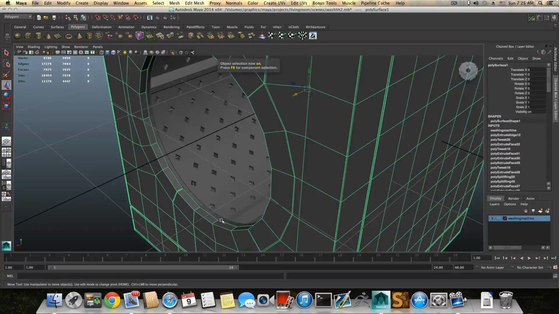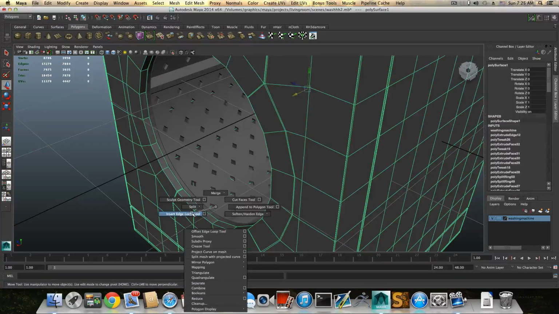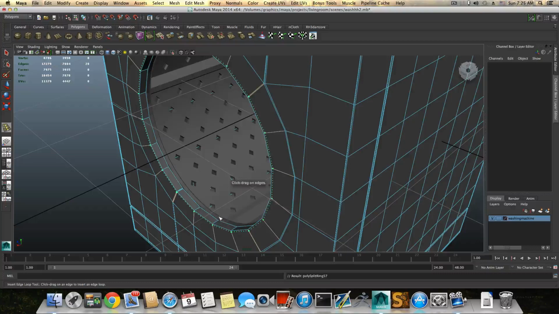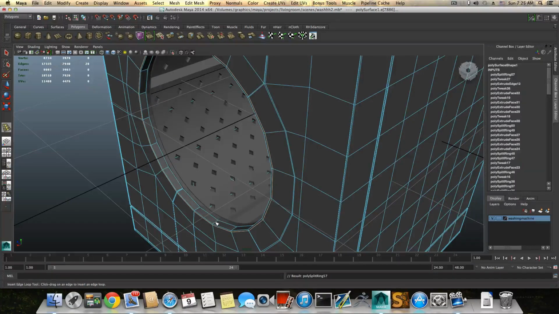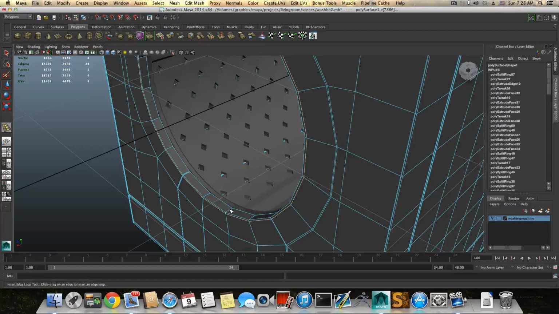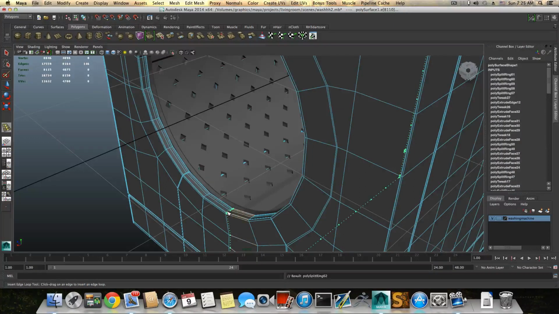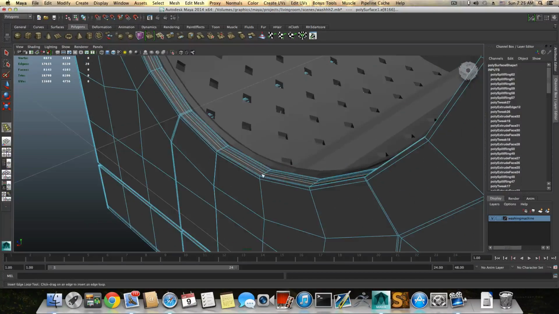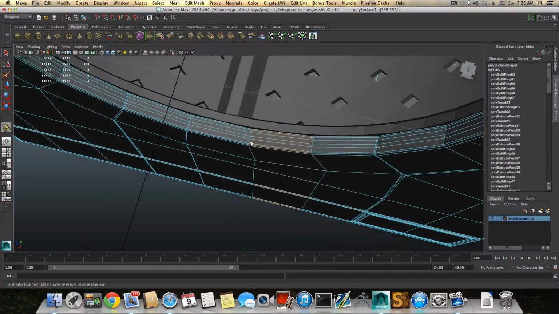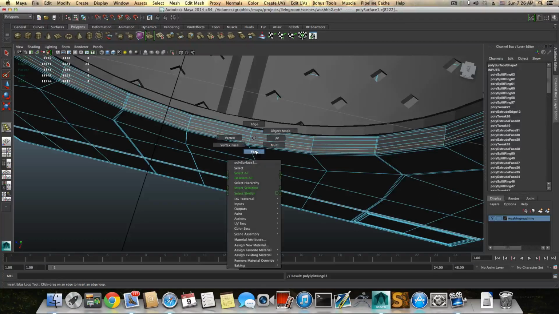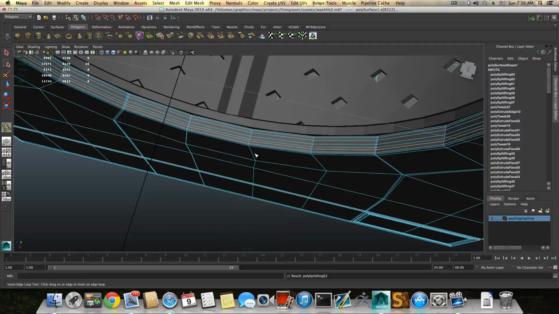Press F8 to bring it back to object mode, hold on the shift, right click, insert edge loop. We will add one edge loop here, and then I want you to add one edge loop here, one edge loop here, and some edge loops in between, like that. No, sorry, undo, and yes, that way. Hold on the right click, choose face,